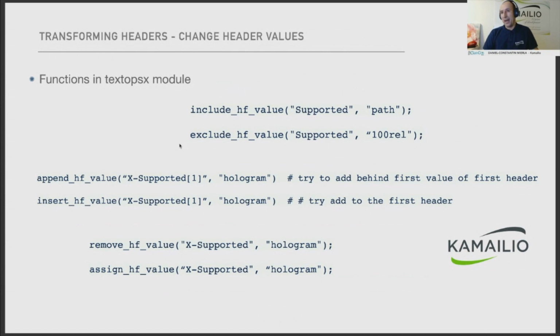You can also append the value. So whatever is there, we want to add something that typically doesn't exist. So the include and exclude work on: if it's there, then leave it like this, or remove it. This is add it at the end or add it before the values. And also you can remove specific values. So when you have this comma separated list of values in the body, you can remove a specific one if it exists, or just overwrite and assign a specific value for the header.